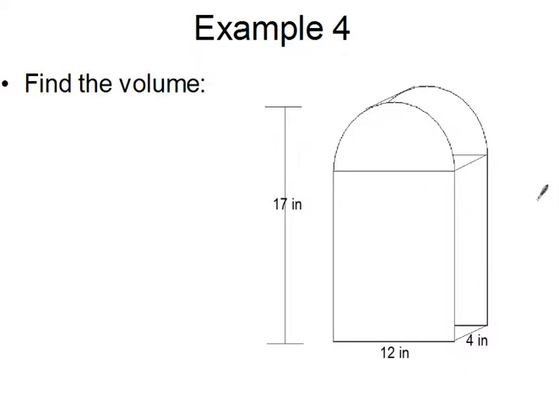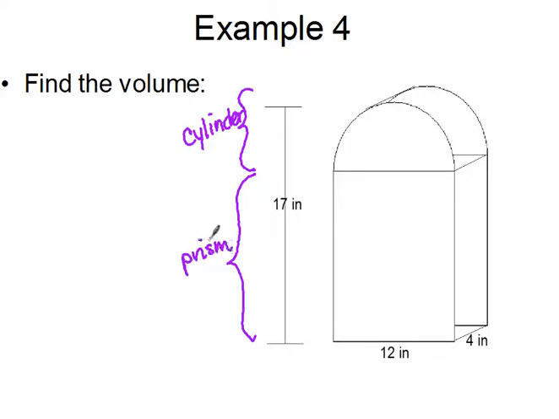Alright, let's find the volume of something that's not quite as straightforward. If you look at this shape, you see that there's a cylinder, right? Or not quite a full cylinder, it's a half cylinder. And then a rectangular prism on the bottom. So in order to find the volume, we need to find the volume of both parts and then add it together. Okay? So we'll start with